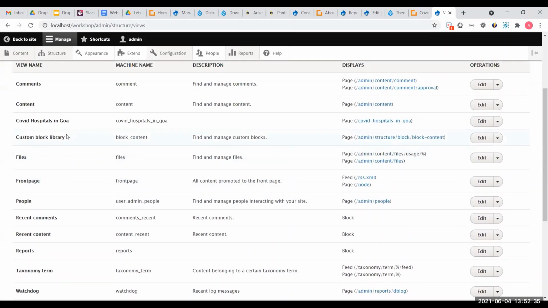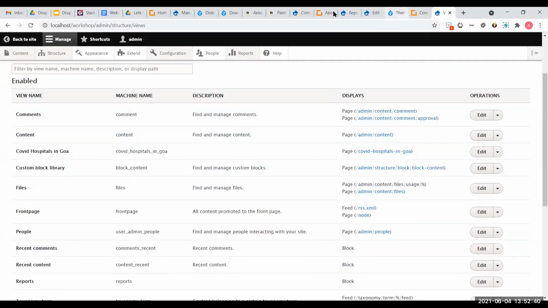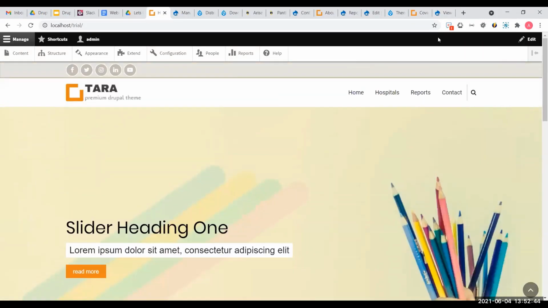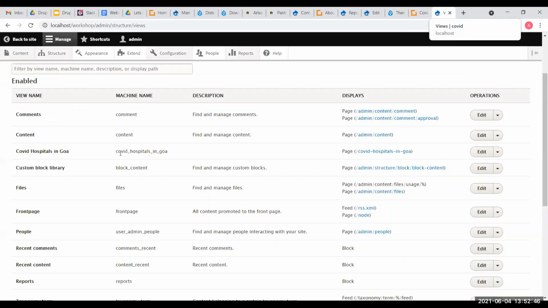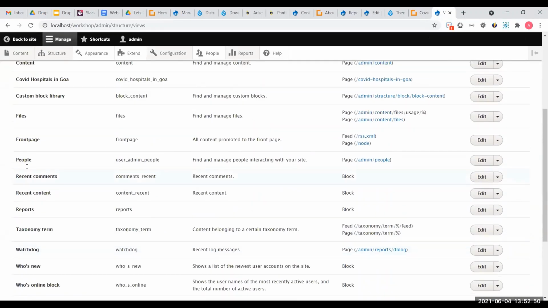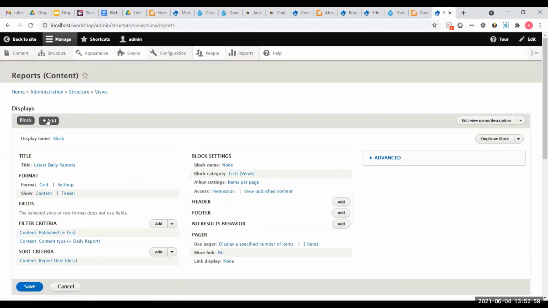What I'll do is I'll go to the views again. I'm on the views. What I'm trying to create is this page right here. Okay, the reports page, where it shows all the reports. Okay, so what I'll do is I'll go to reports. Okay, this is a view what we created for the reports. I'll just go to this, and then